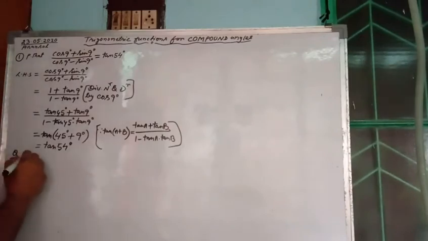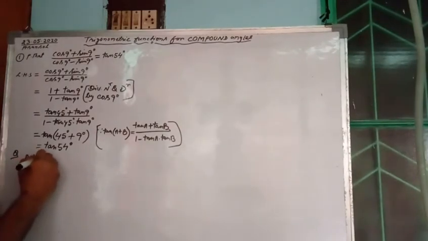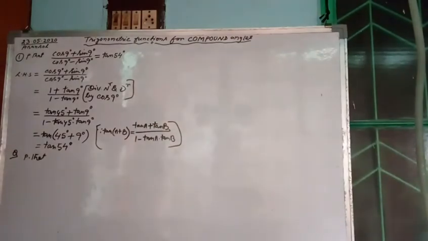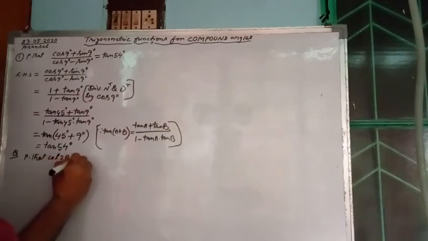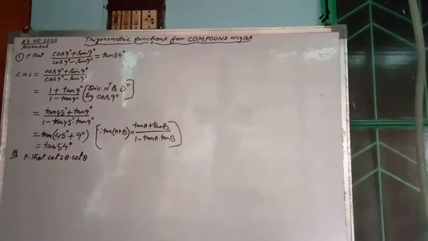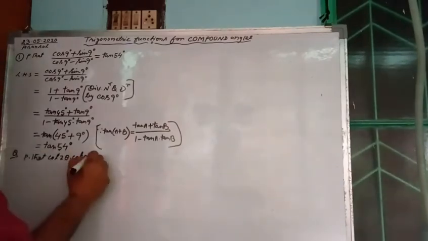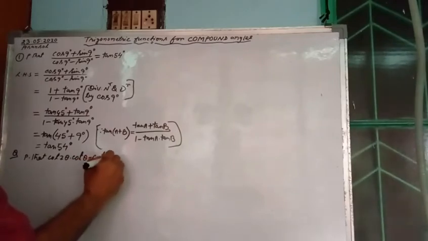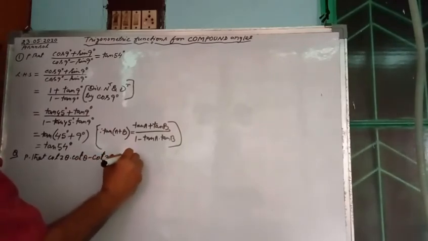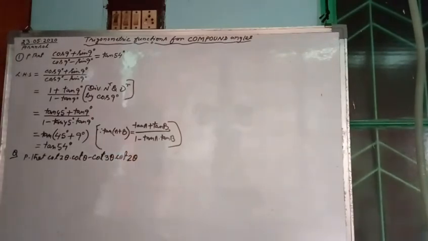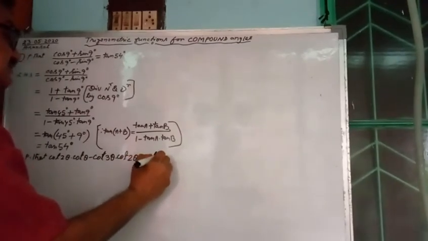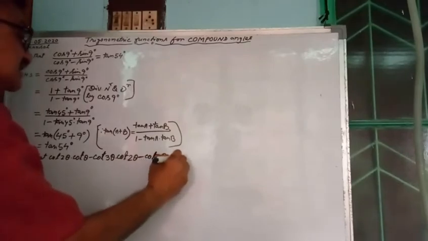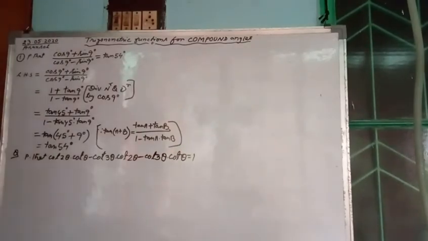Prove that cot 2 theta into cot theta minus cot 3 theta into cot 2 theta minus cot 3 theta into cot theta is equal to 1. Now see,